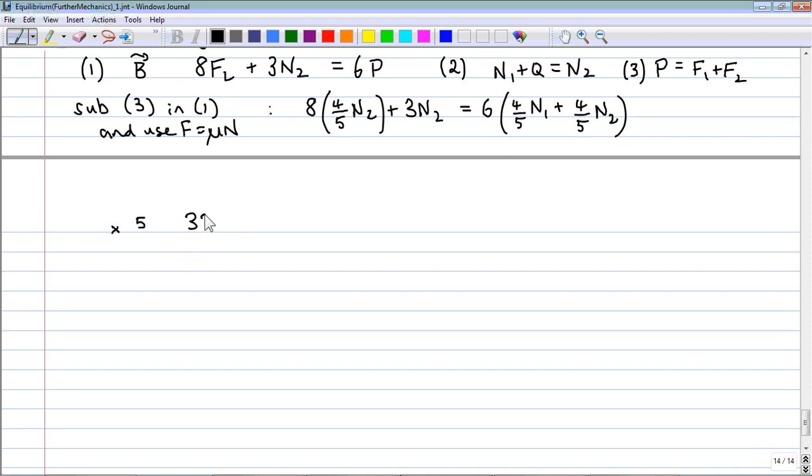We'll get 32 plus 15 times N2. Sorry, that's not all of it, is it? 32 plus 3 times 5N2. But then let's subtract from the other side of the equation 24 times N2, and on the right hand side of the equation I have 24 times N1. This simplifies to 23, so N2 is 24 over 23 N1, and that means that Q is positive, because look,